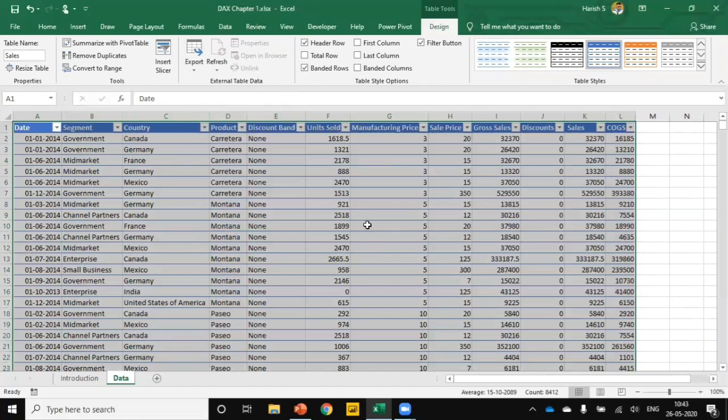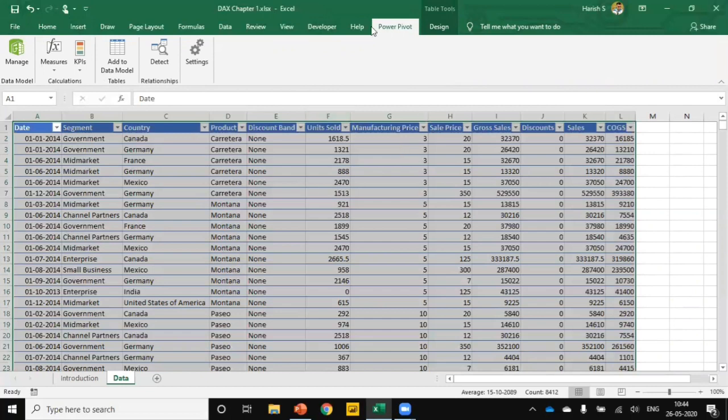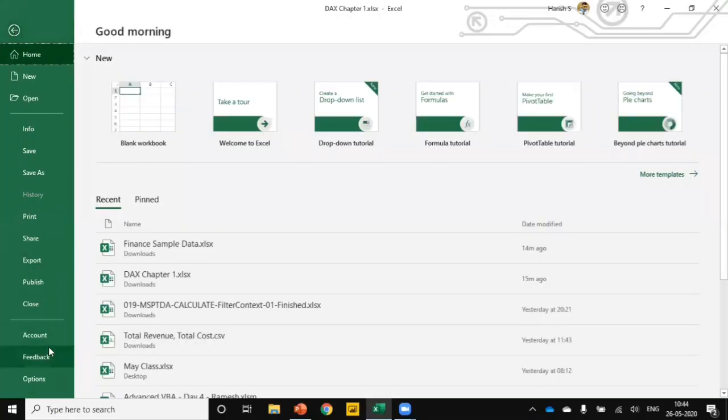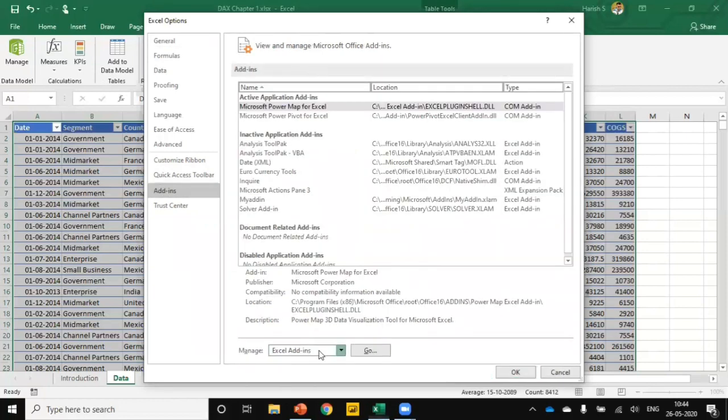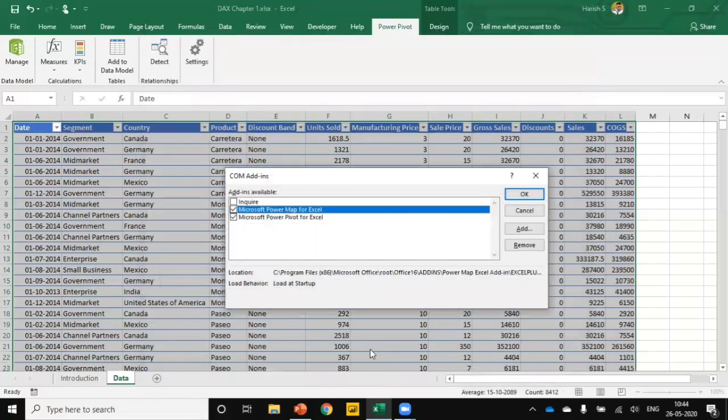Once you convert the data into a table, go to the Power Pivot tab. If you don't see this Power Pivot tab, you can add it from File, Options. If you go to Add-ins, you need to select COM Add-ins and then Go.